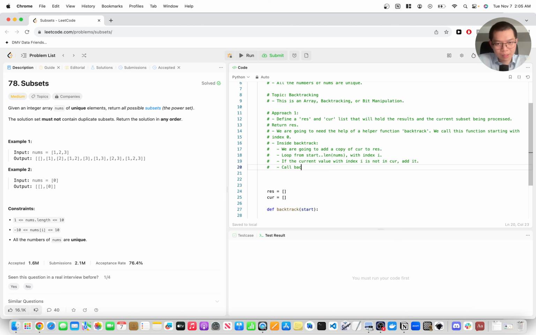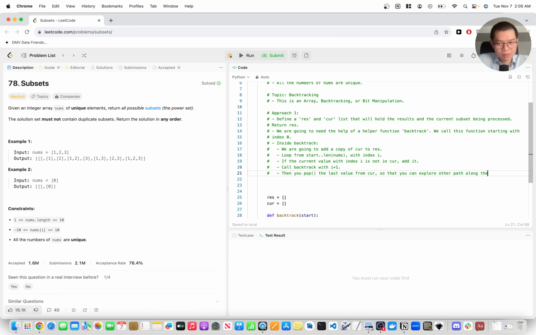Call backtrack with I plus 1, and then after the backtrack operation, pop. Then you pop the last value from cur